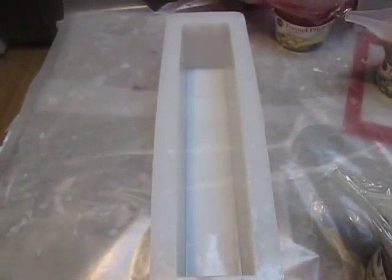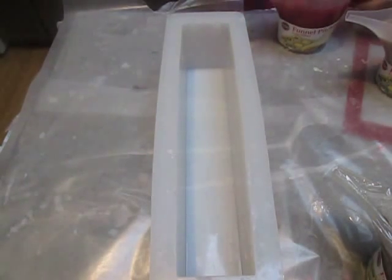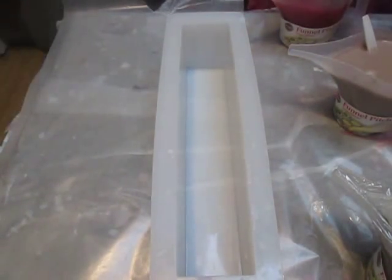Hi there, today we're going to make the wood grain soap, or at least attempt to. I have not done this before. I'm using my funnel pitchers, which I have also only used one time, so this will be different. I have 4 colors: chocolate, copper, shimmer merlot sparkle with a little bit of neon pink mixed in there, and then I have